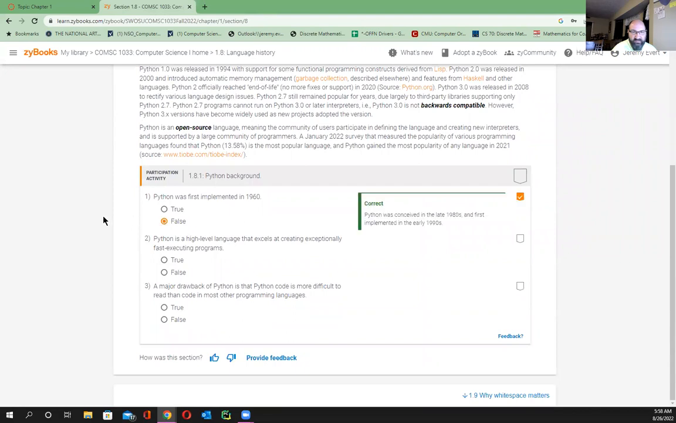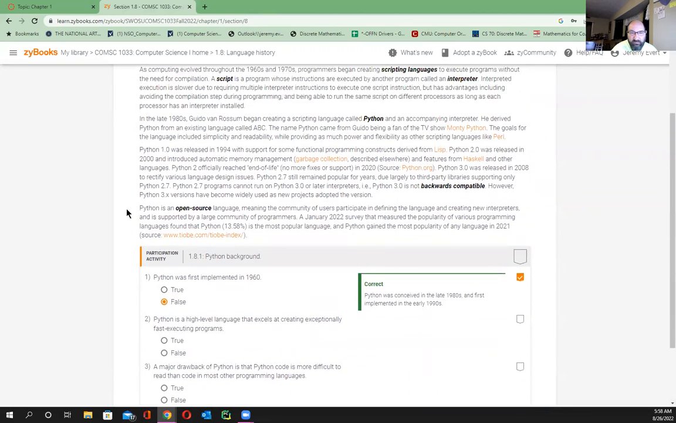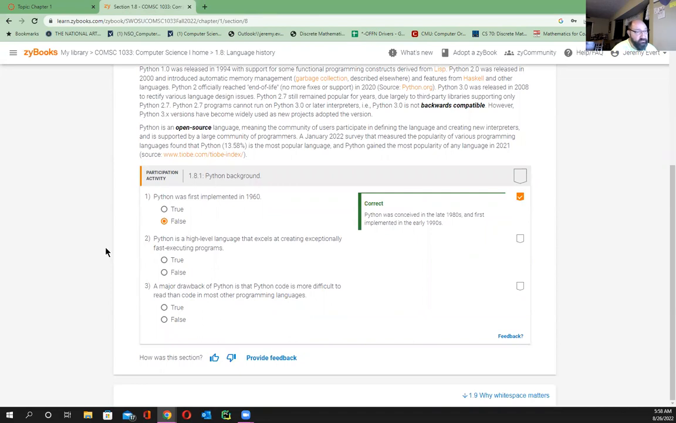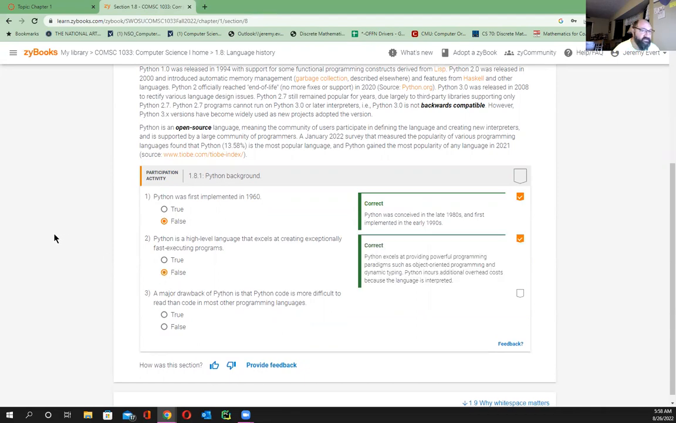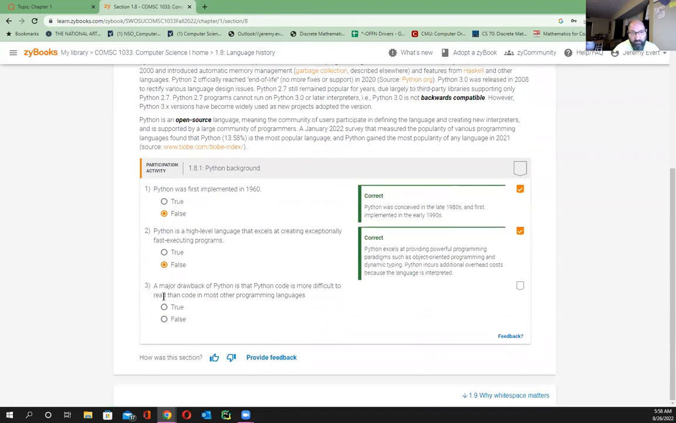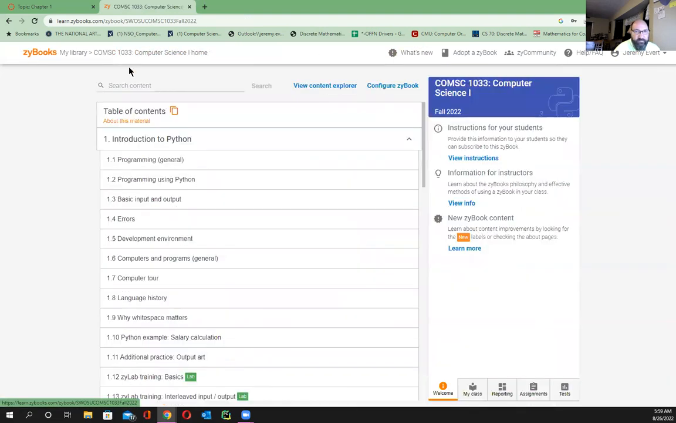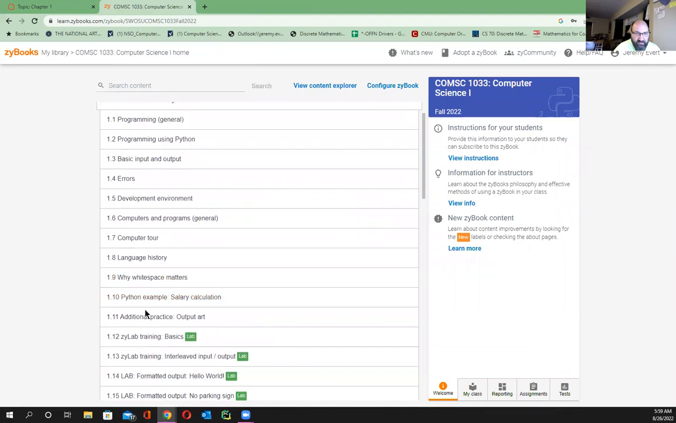Python was implemented in 1960. That's false. It was actually in the 1990s by a guy named Guido. Yeah, Guido van Rossum. Cool. Python is a high-level language. That is true. That excels at creating fast executing programs. No. If you want to go fast, write in C. Major drawback of Python is Python code is more difficult to read than... nope, Python is very readable. And so it gives you this automatic feedback, and it's, for some people, very nice to have something like a ZyBook. But anyway, let's go look at,